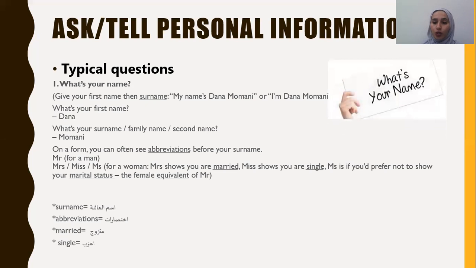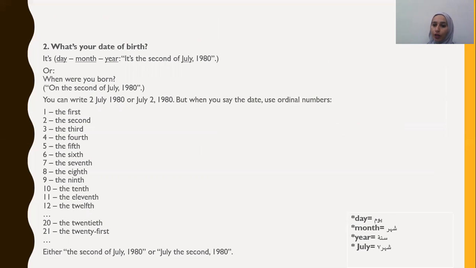Now, the second question is the date of birth. You ask a person about their date of birth in 2 ways. The first question is, what's your date of birth? The second one, when were you born? So what's your date of birth or when were you born have the same answer. That is the 2nd of July